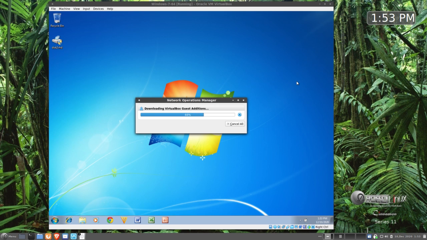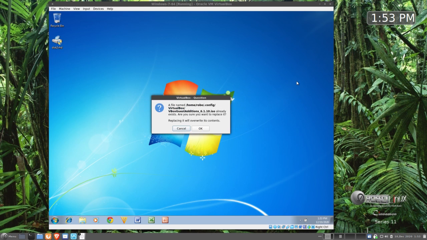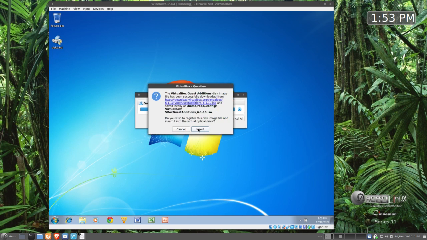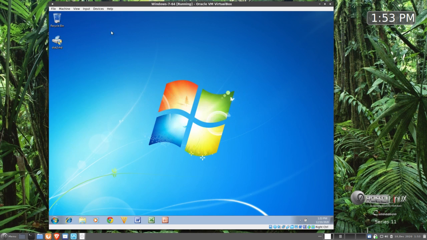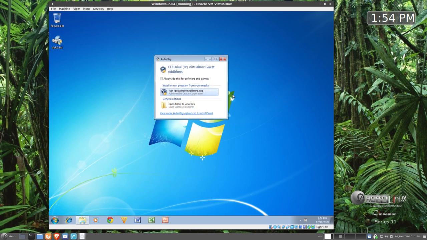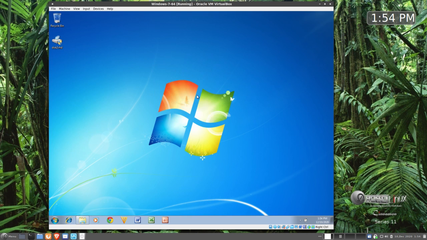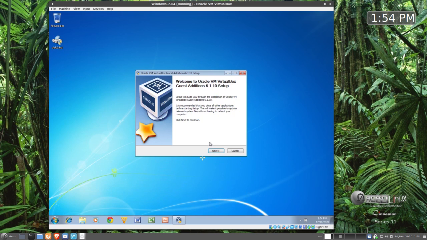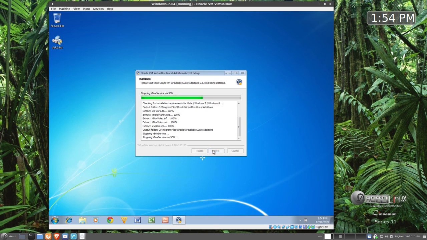And there is an FAQ for all this, but I might as well go ahead and put this in the C drive to VM for Windows 7 and 10 support package. Okay, so now we have to overwrite it, and we insert it, and here it comes. It should come up and tell us to install it. There we go. So now it highlights what you need to click on, run the VBox Windows Editions EXE, and we do that. And here you just take all the defaults,